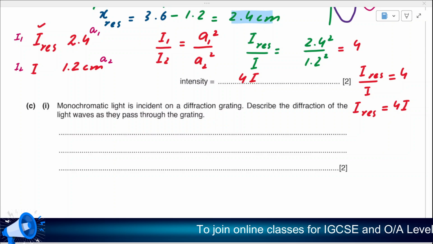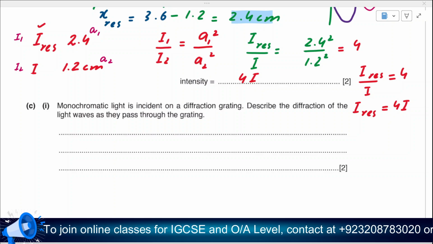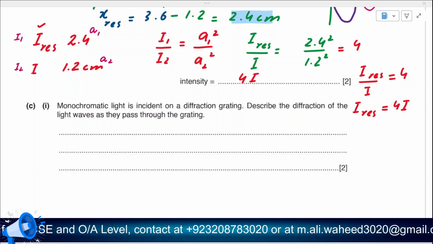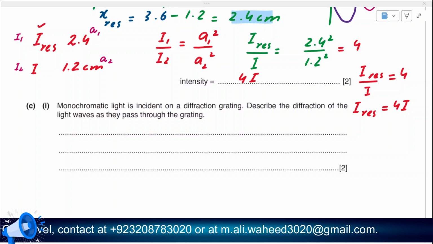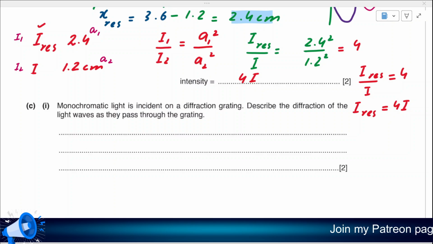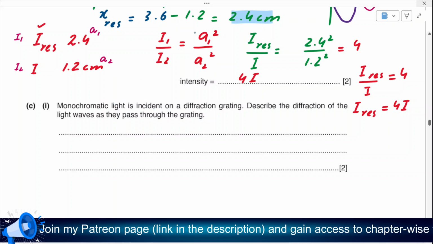Okay, then we have the next one. Monochromatic light is incident on a diffraction grating. Monochromatic simply means kind of a laser, a single color. If it is green, it stays green. Describe the diffraction of light as they pass through the grating. A normal one, I mean, we studied the diffraction grating. Matter of fact, we studied by a monochromatic light. So once the waves pass through the diffraction grating,